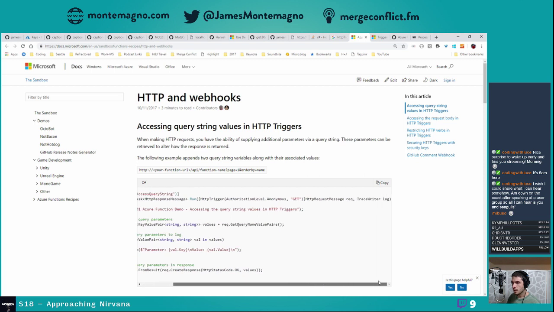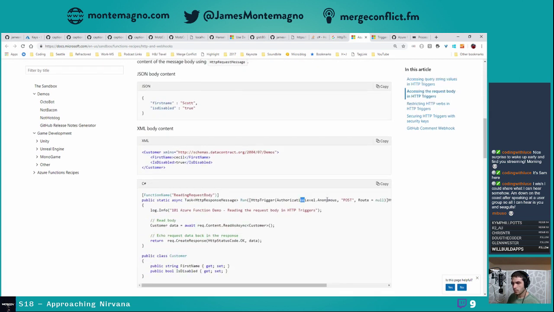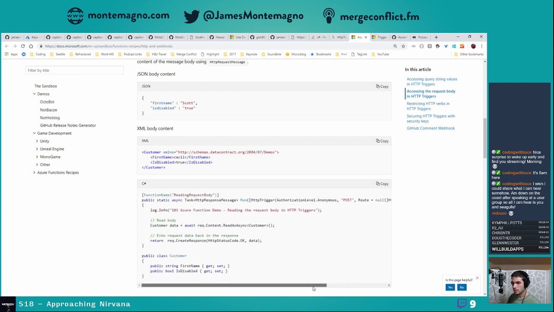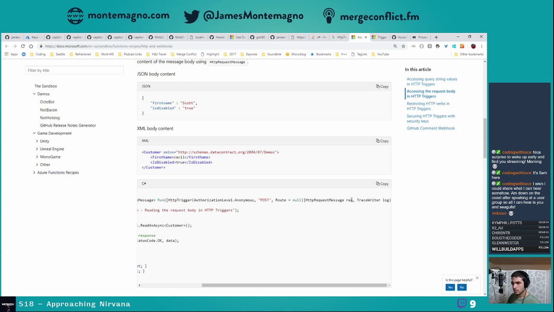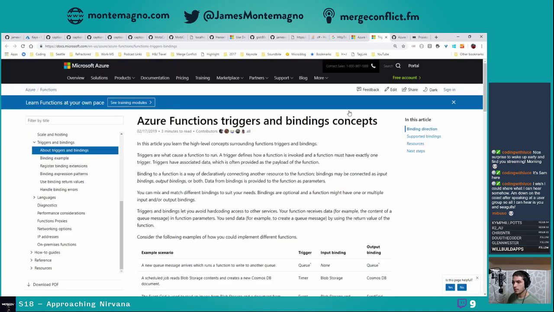It should take an HTTP request message. I don't understand why it is not. It should take this in. This is definitely incorrect. And we should be able to read it as